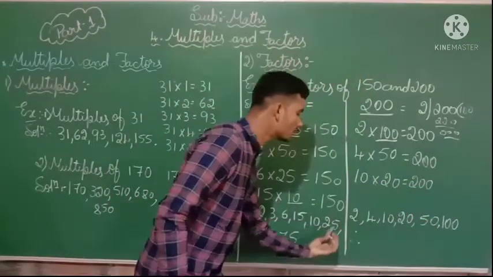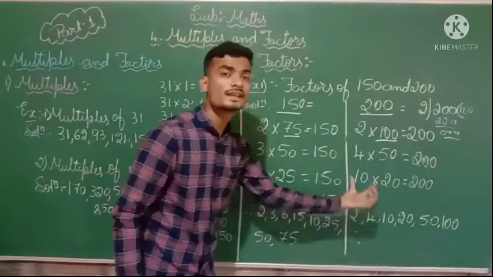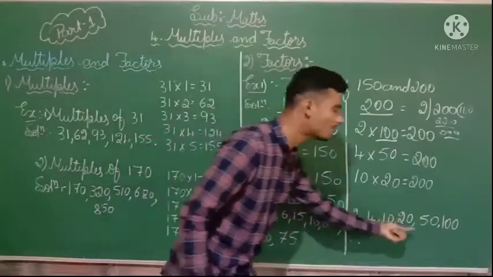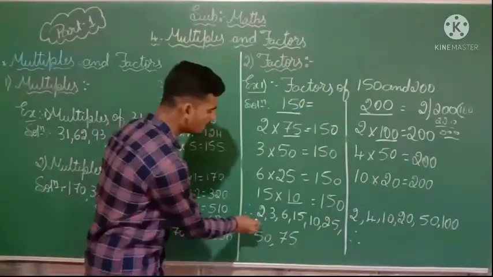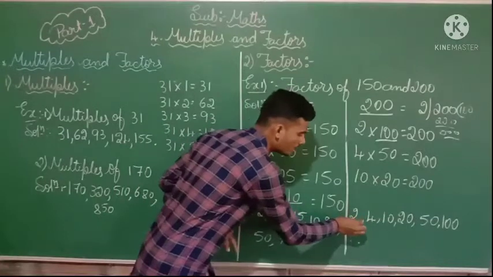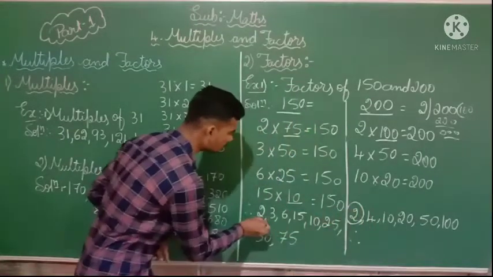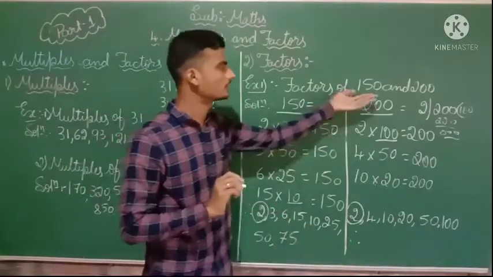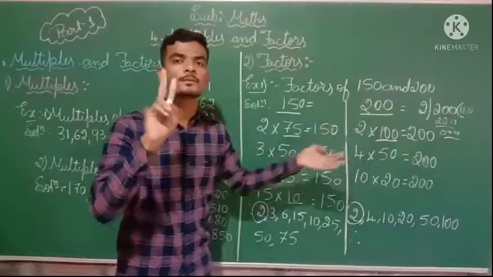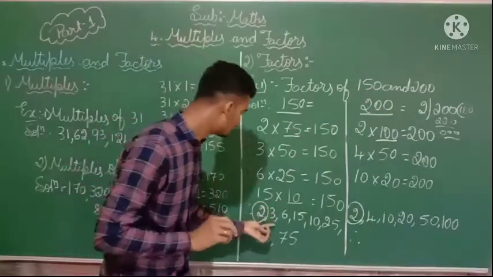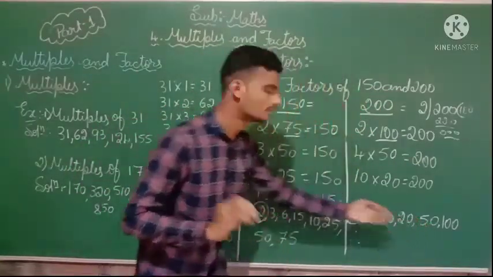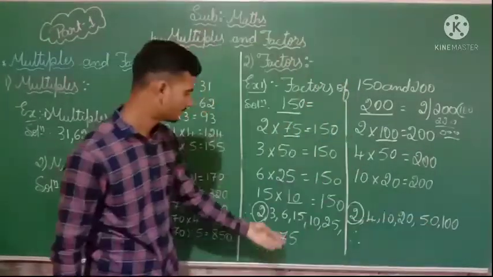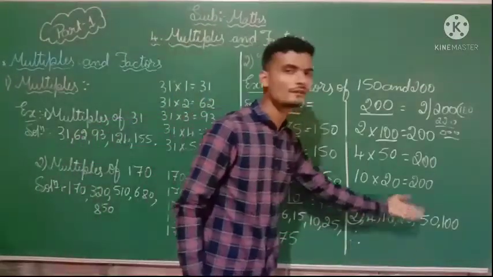Now in both these lists of factors, we want to find the common factors, meaning common numbers. See here, in these two, which are the common numbers, you round off. Here is 2 and here is also 2, so you round off this 2. Now we got one common factor of these two numbers. Next, 3: here is a 3, but here there is no 3. Next 6, here there is no 6. Then 15, here is also no 15.